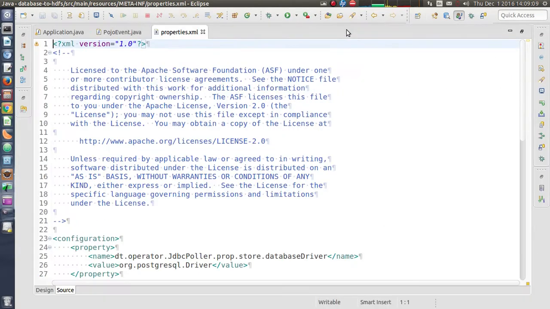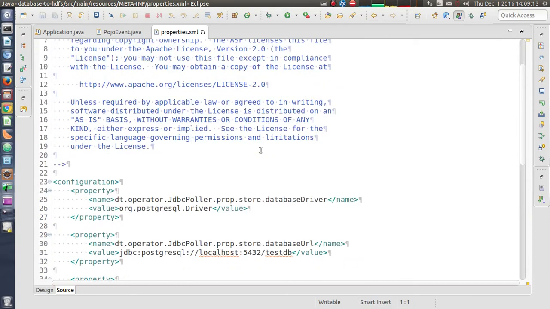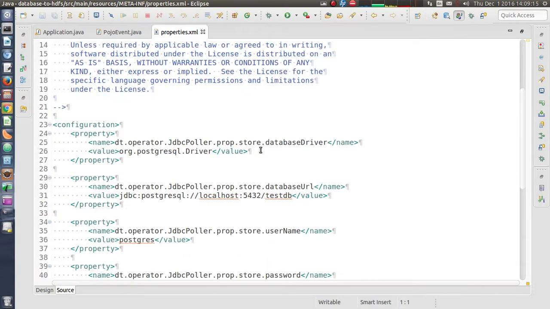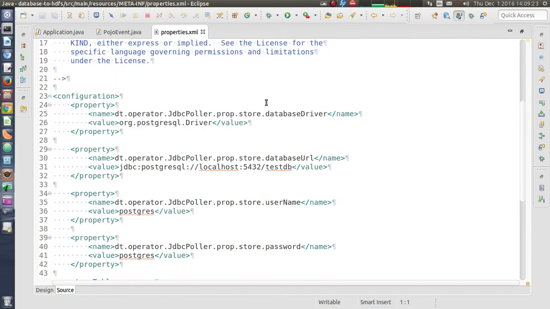Next important file is properties.xml. This file defines mandatory properties for this app template which are dependent on the end user environment. So we have properties such as database driver, in this case the Postgres driver.